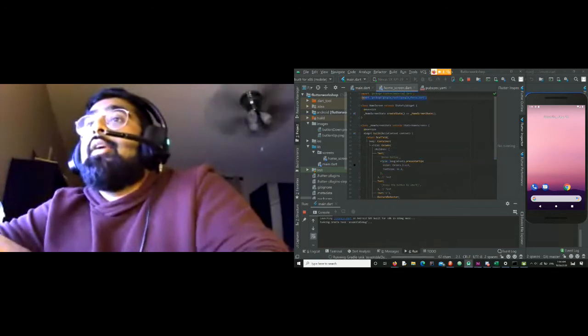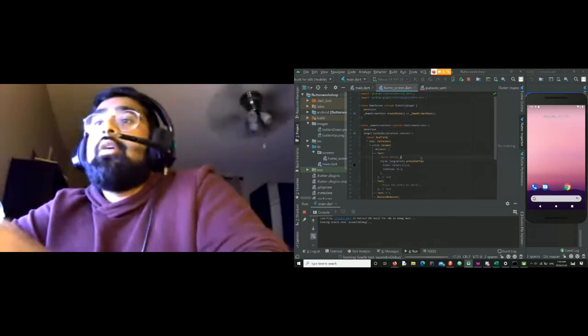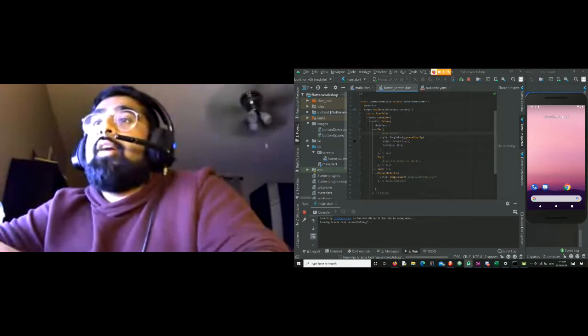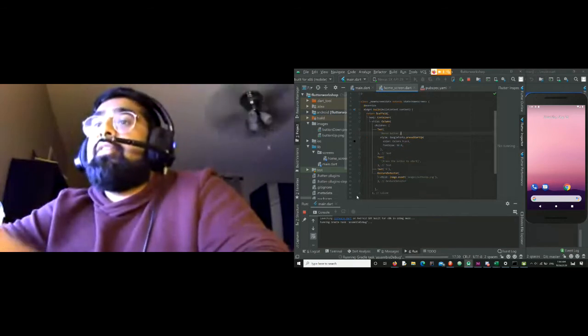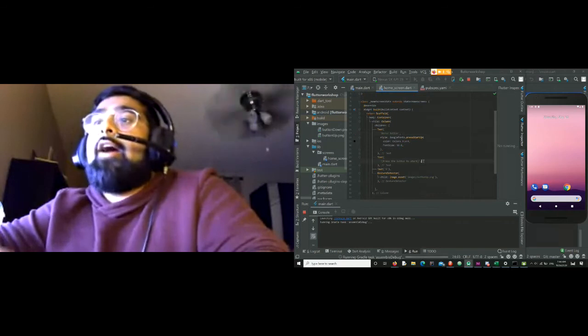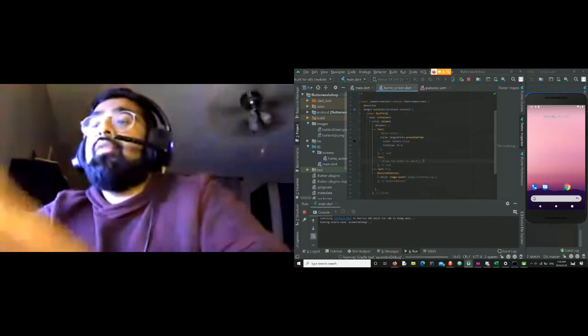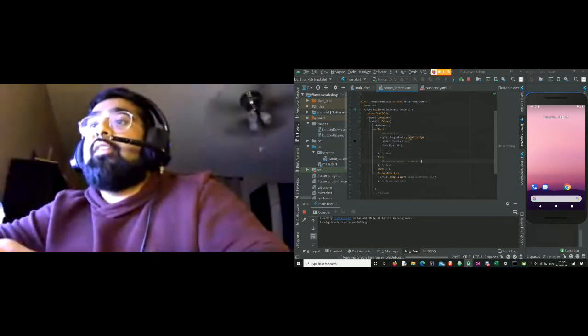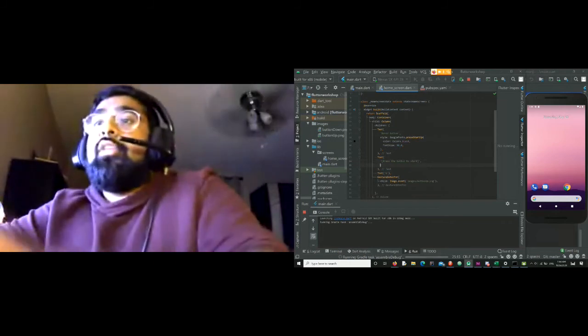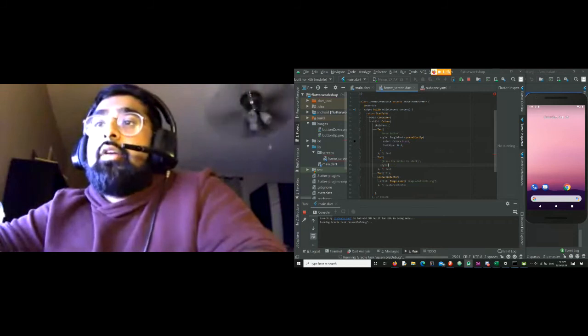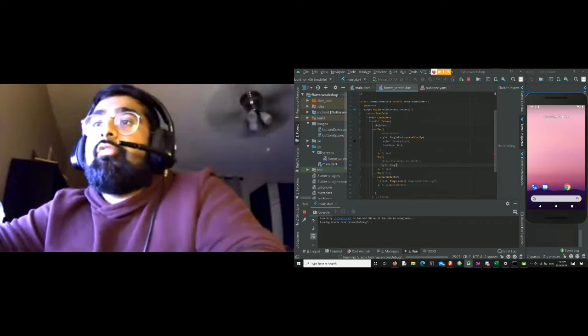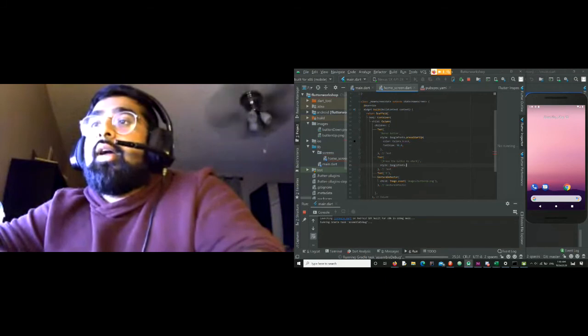So we had to import Google Fonts from our packages. So we imported Google Fonts, and now anytime we make any changes to our fonts, it's going to automatically call that font from Google Fonts. So the font name from Google Fonts is Press Start 2P. And we can do the same thing over here. So I'm going to type style, and under our font, I'm going to do GoogleFonts.pressStart